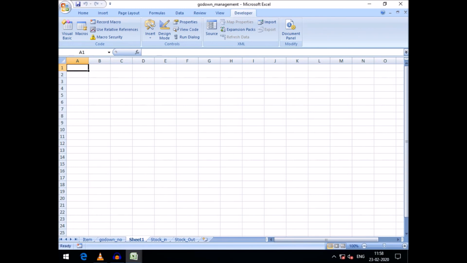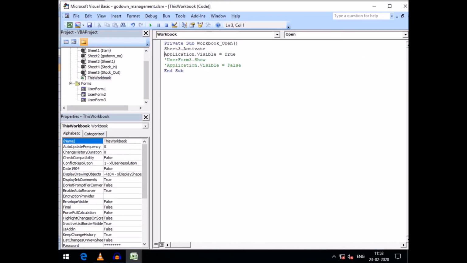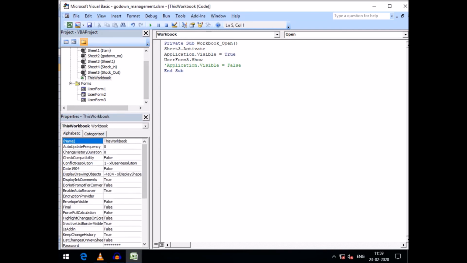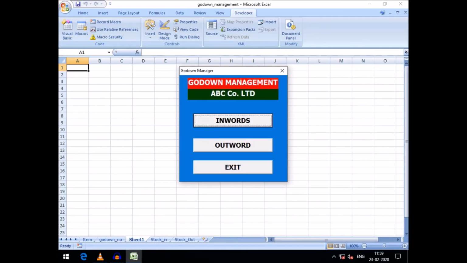So I activated sheet 3 here, and application.visible is equal to true, so Excel will be visible, and then user form 3 will be shown, that means our menu will be shown. And then application.visible is equal to false, so the rest of the application is hidden. Here if I run this, the form will be loaded like this, and if I exit,